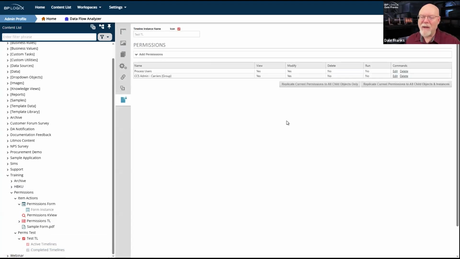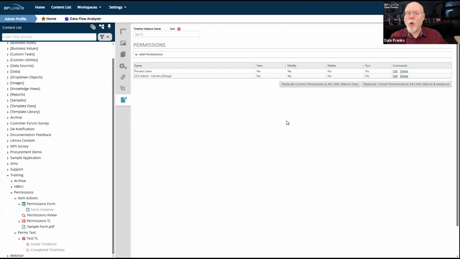It doesn't have all authenticated users thrown in there, because not all permissions are relevant to all objects. Some permissions just simply don't apply to all objects. This is a process timeline instance. Now, I can run a process timeline definition.